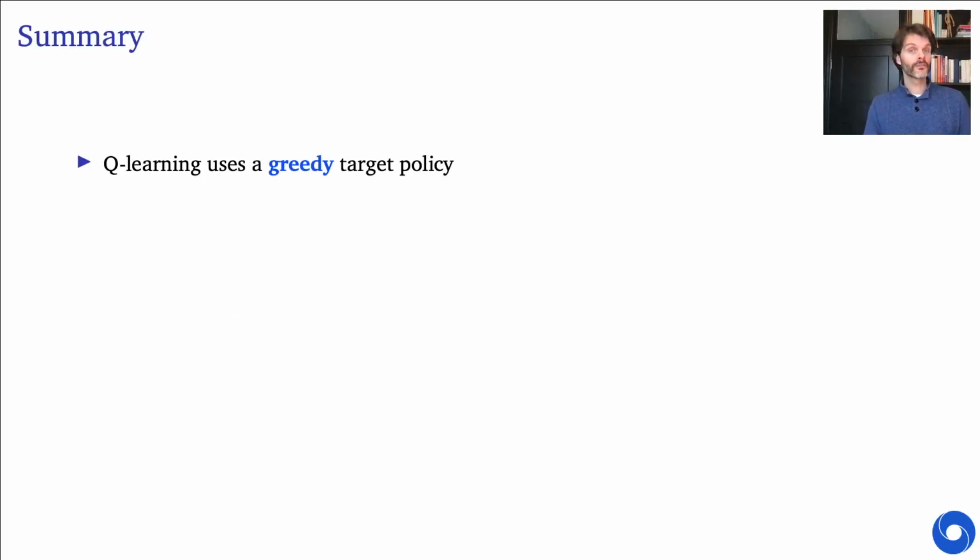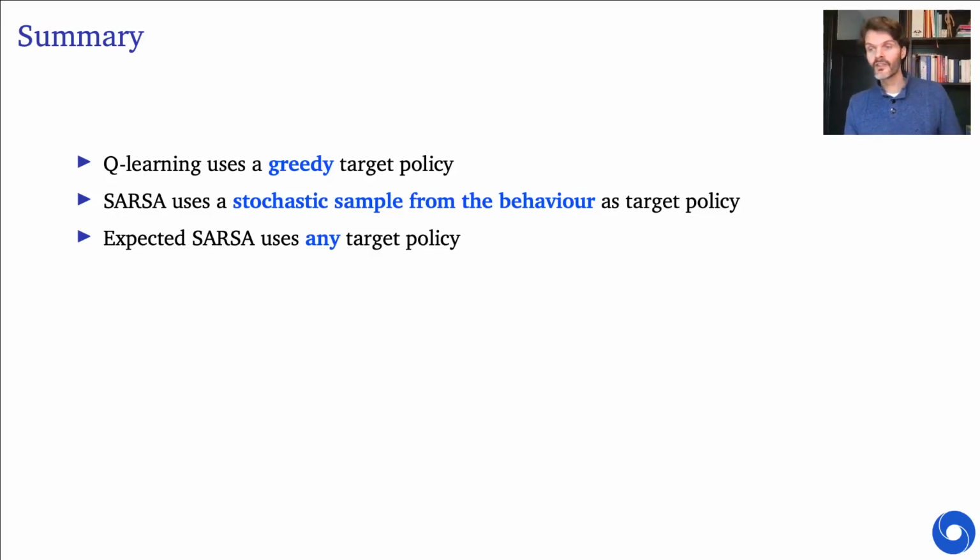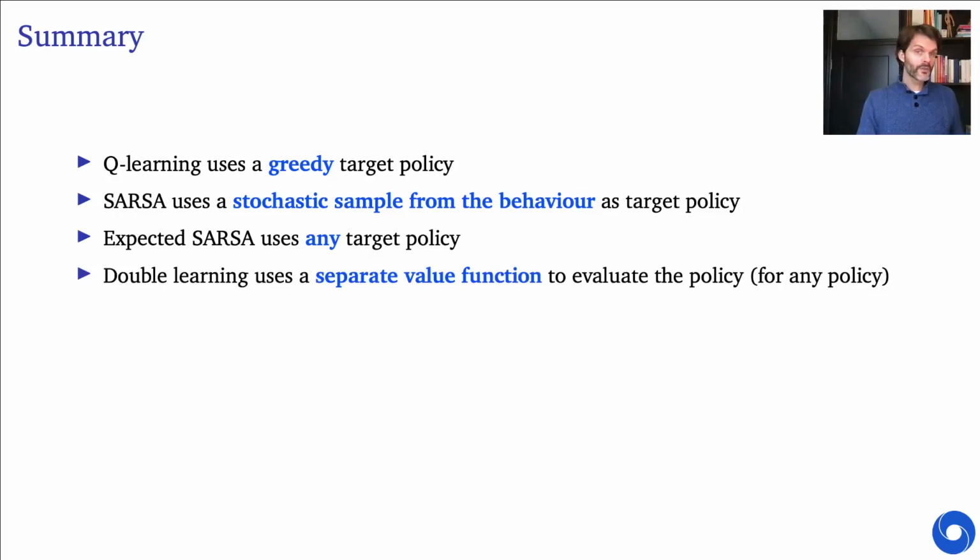So in summary, Q-learning uses a greedy target policy to learn about. Sarsa uses a stochastic sample from the behavior as a target policy, which means it's on-policy because the behavior is used as a target. And in expected Sarsa, we can relax this assumption and we can use any target policy. So both Sarsa and Q-learning can be seen as special cases of expected Sarsa, where for Sarsa the actual sample is stochastic, so the actual policy will be stochastic, and for Q-learning it is greedy,